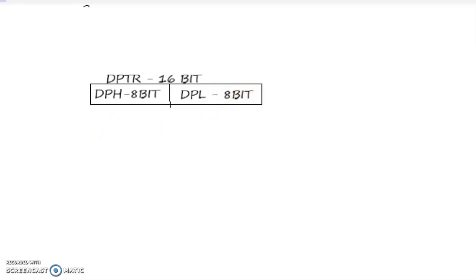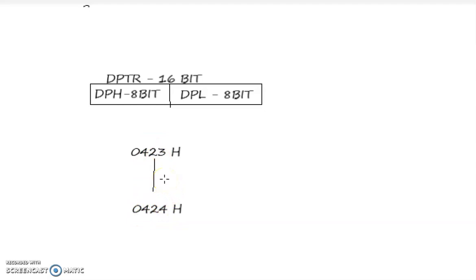For example, the DPTR location 0423 should be incremented to 0424. This is a 16-bit number, and this is also a 16-bit number. To do this increment, we would need a 16-bit operation.